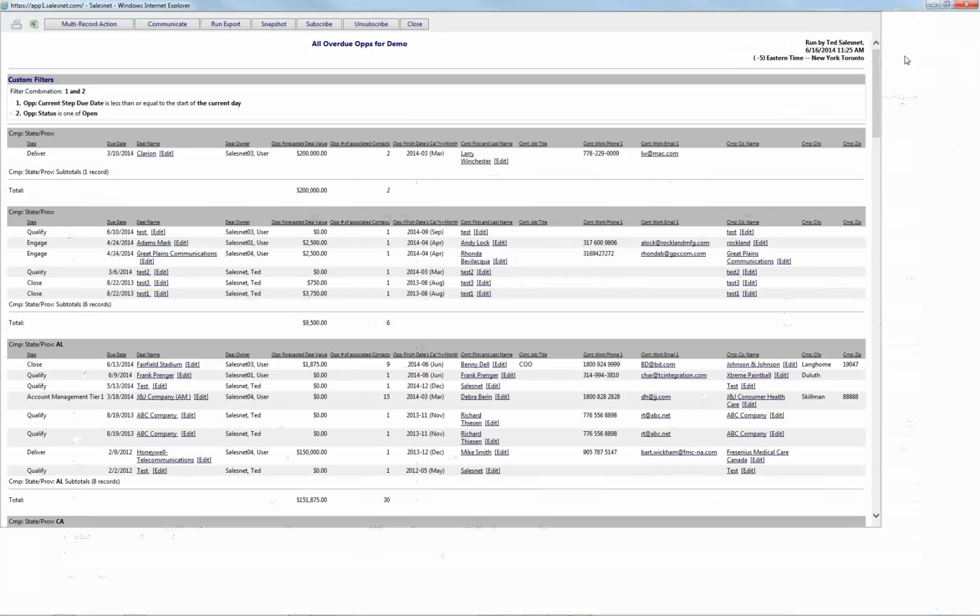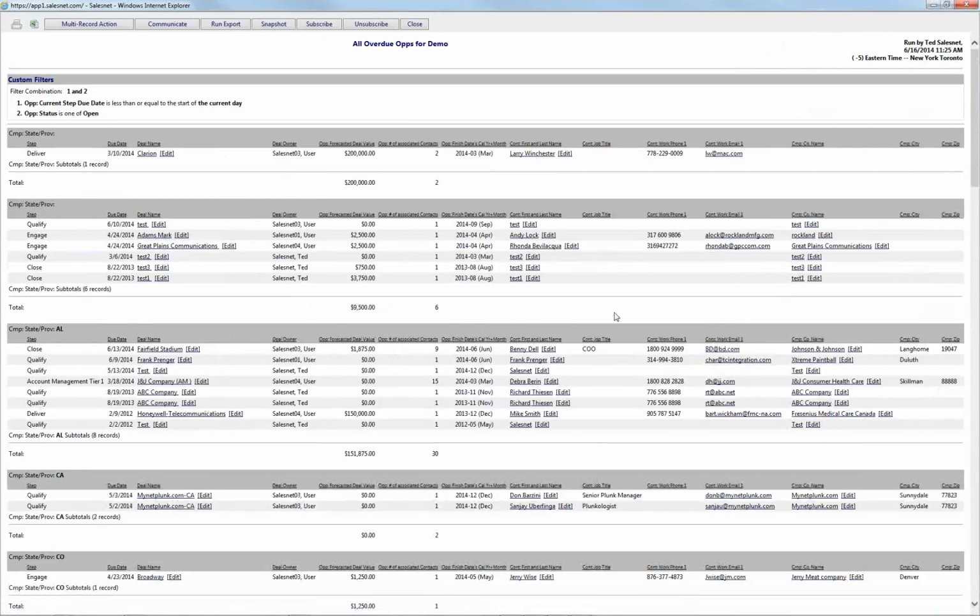So the thing I love about an opportunity report, okay, is that I can pull in the fields from the opportunity record, the account record, and the contact record, and I have hyperlinks, okay, to each one of those records. I can drill into the opportunity, I can drill into the contact, and I can drill into the account. You're going to notice that we're grouped by state. Okay, so